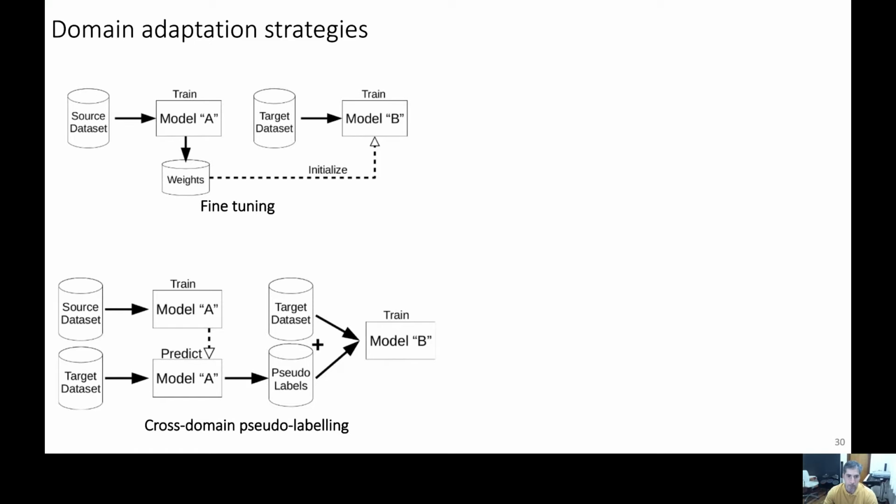In this work, we propose a method that relates to the pseudo-label approach, but instead of using the same model and domain for final prediction and pseudo-label generation, we use a model trained on a different domain to generate pseudo-labels for the target domain. These pseudo-labels are then used to fine-tune the original model or to train another model from scratch in a semi-supervised manner. We call this technique cross-domain pseudo-labeling.